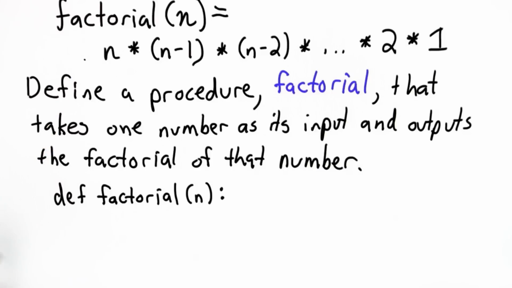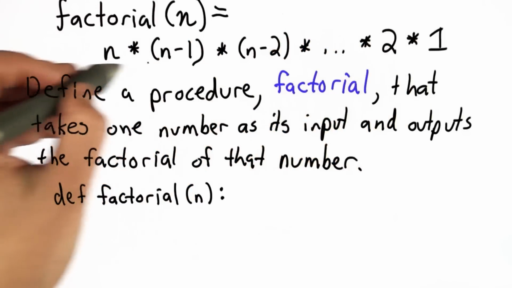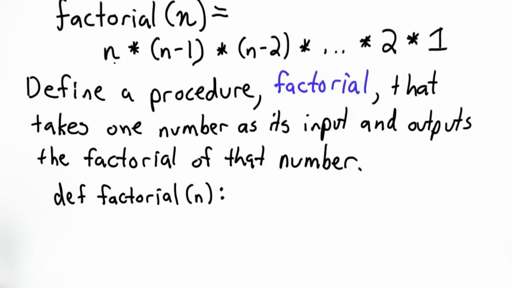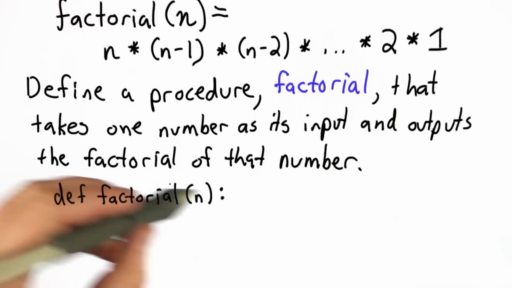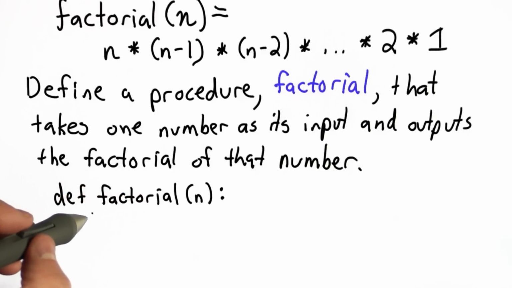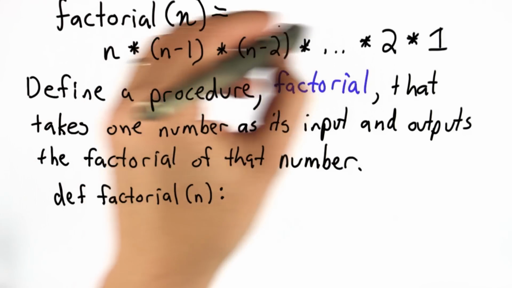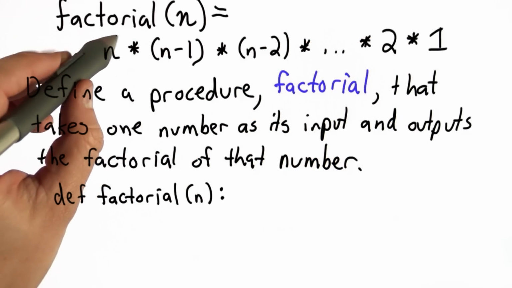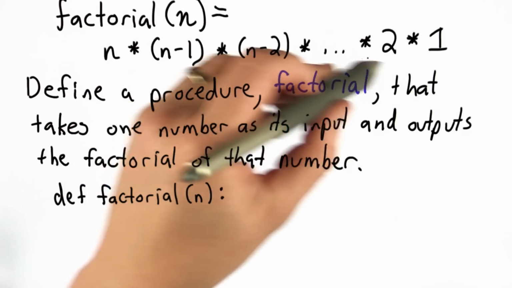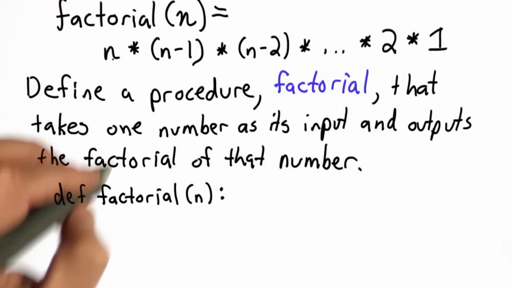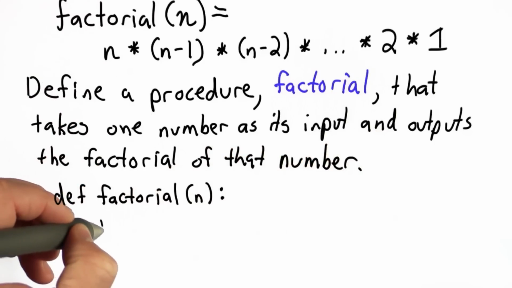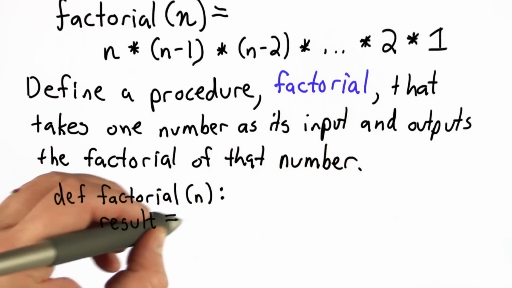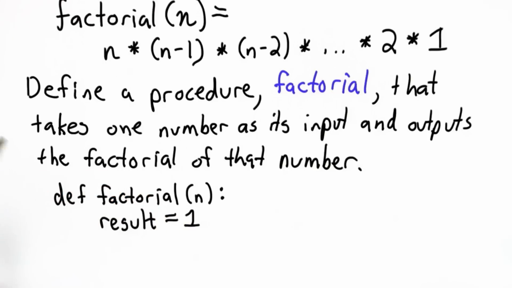So we're going to need a variable to keep track of the result as we go, as well as a variable to keep track of how many times we go. So we're going to define a procedure that computes the factorial of n. What we need to do is multiply all these numbers. So we're going to have a variable that keeps track of the result so far. And we'll start by initializing that to 1. So we'll call that result. And we'll set its initial value to 1. And we're going to keep multiplying by n until we get to the end.